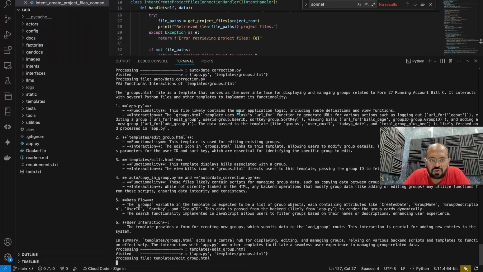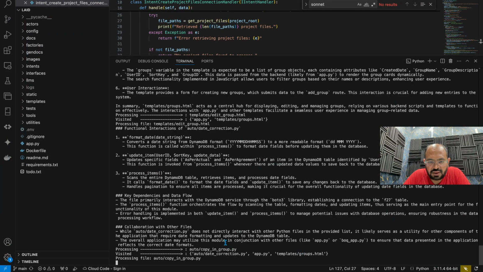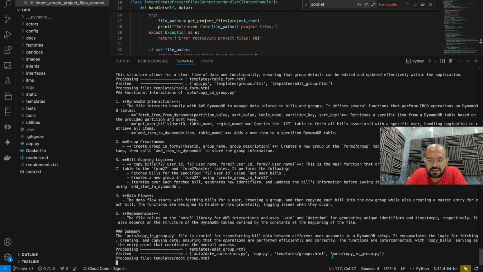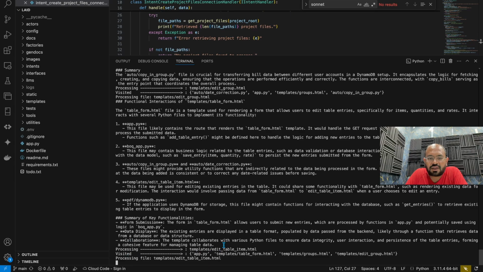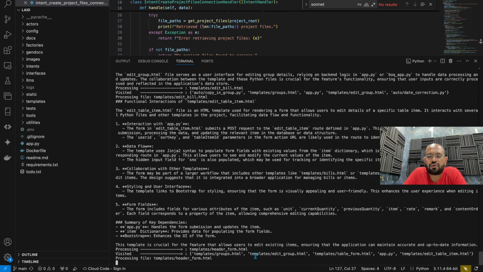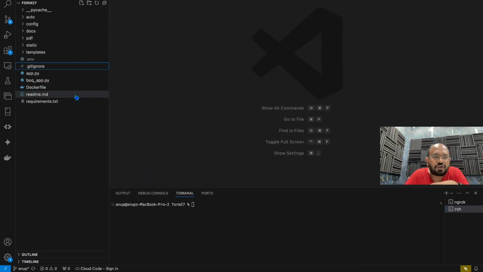If we see how our agent is currently working, so this is the console basically. So it has visited these files: app.py, templates, and this. So these three files have been visited, right? Currently our agent is processing the editable HTML and has visited these files. So one by one it is going to visit all the files and make an understanding, and that understanding our agent is going to store in a file in the same project folder.